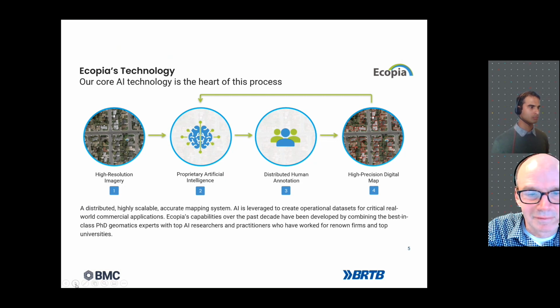The methodology involves first capturing high resolution imagery of the street, then a proprietary AI tool is used to create vector layers from that high resolution imagery. The AI outputs are then distributed to human QCers who evaluate it and update it, and then that results in